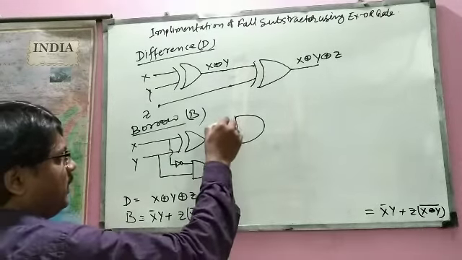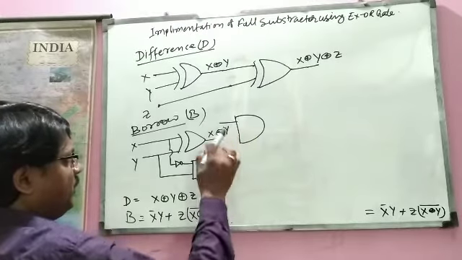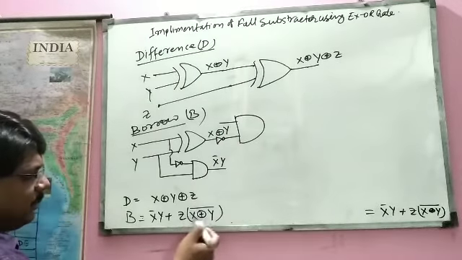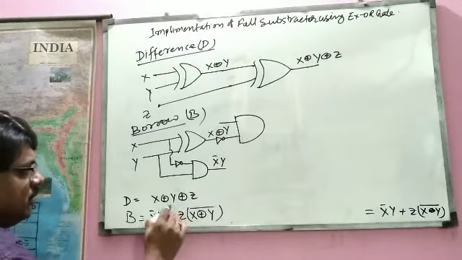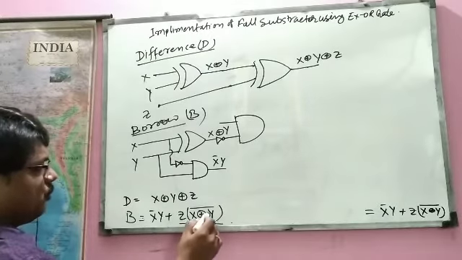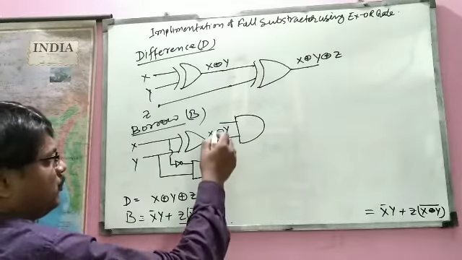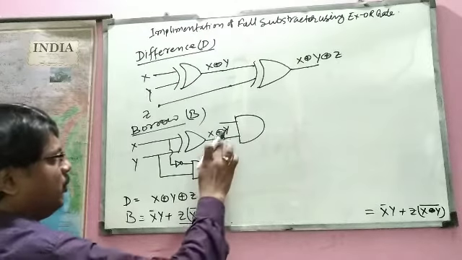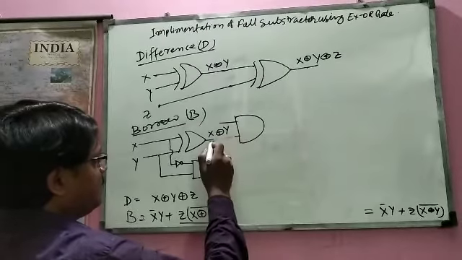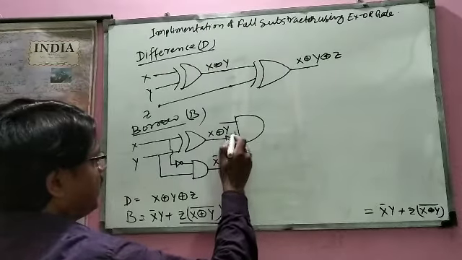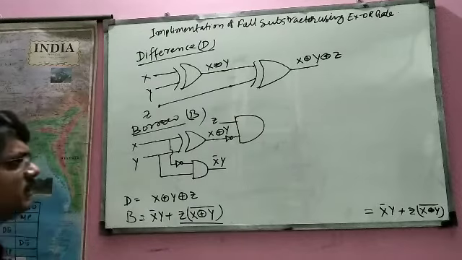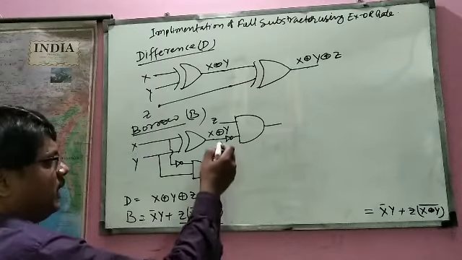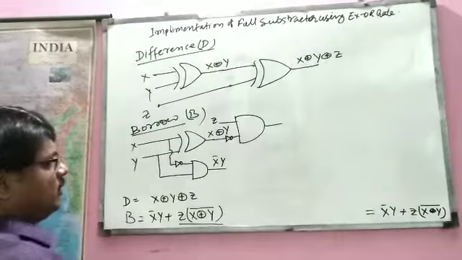Okay. But before going into this one, we need NOT gate because this is complemented. We need in this term x XOR y complement. So we have now applied one NOT gate here, and here we directly provided the z. So what will be its value? z into x XOR y complement.